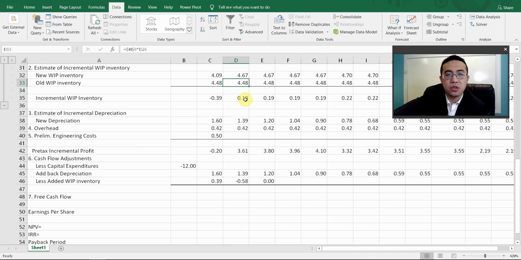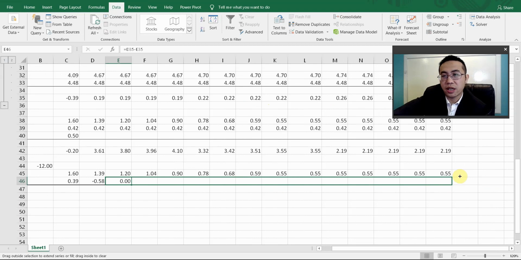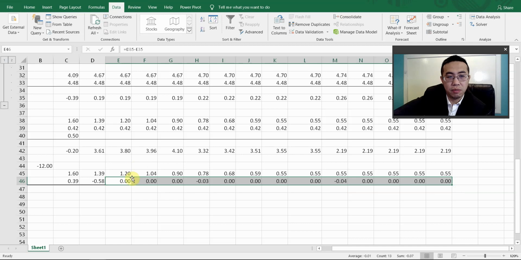The difference between these two is 0.19, and so that's the incremental benefit or cost for this new project, and this inventory does not really change, so there's no cash flow effect. And then I just keep dragging. You see your cost of goods sold for the new project keep changing due to the variable gross margin. Then your new inventory would change, and so the cash flows from the change in inventory would be different